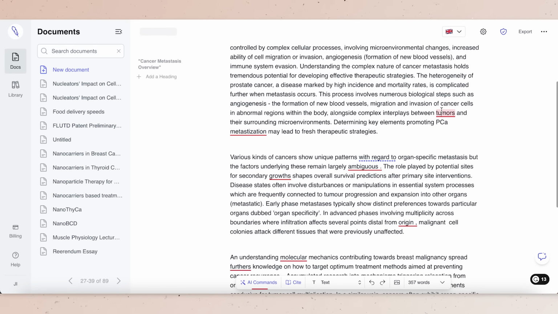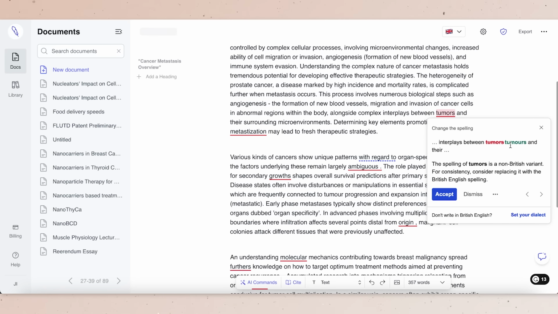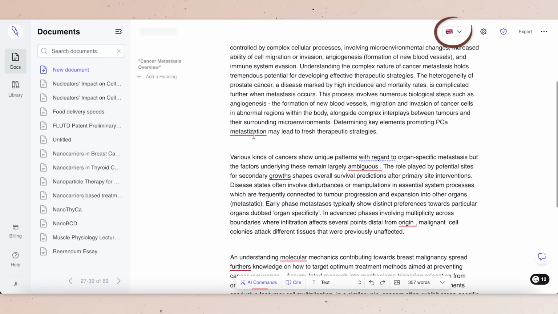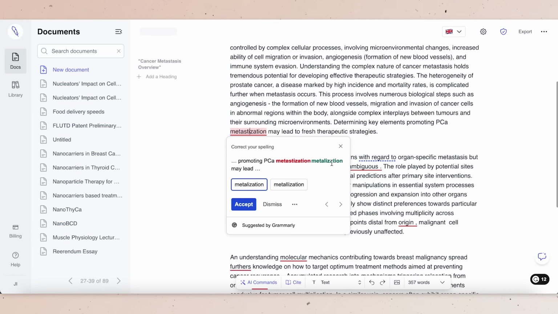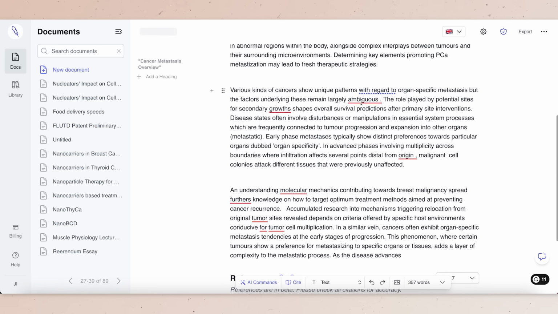Now, the second tool is the proofreading and editing tool. So make sure that you set your settings to the style of English that you want. In my case, it's British English, so that's why a lot of these spellings are incorrect. And so it's automatically changing all those spellings for me, checking the grammar, making sure that there aren't any spaces in between my letter and my punctuation, and just clearing everything up.